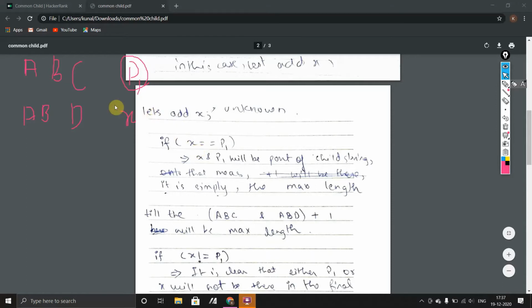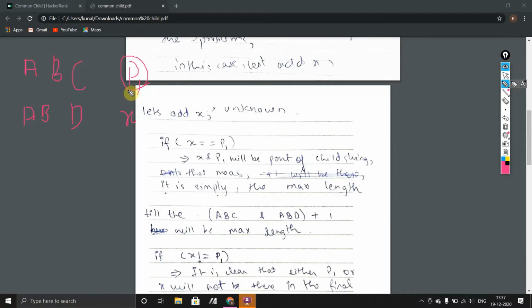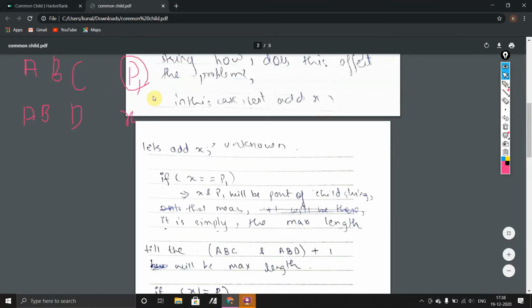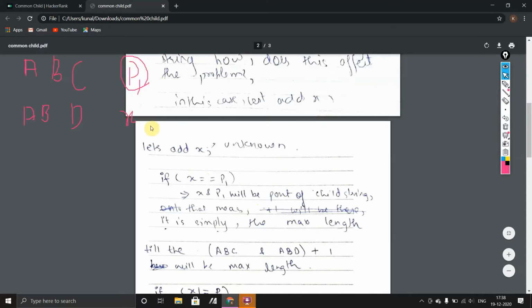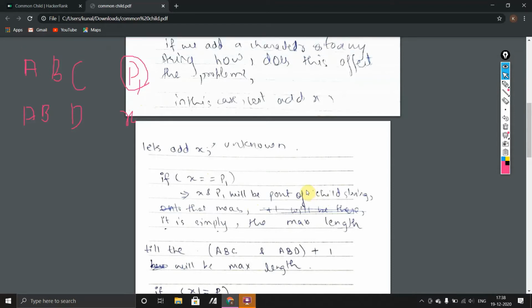Now according to what the question is asking us, you can only delete the characters, right? But we are pretty sure the character at the end will remain at the end if we do not delete it. Now using that sense, let's just say that the two characters that were added at the end, in this case p1 and x, are equal. Okay, so if these two are equal, now these will always be part of the child string which we are going to make maximum, right?